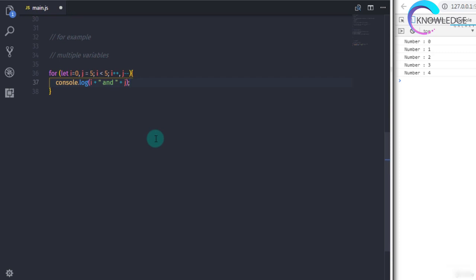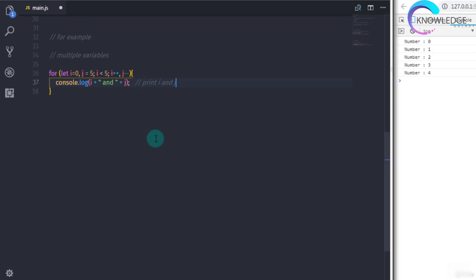Now in this example we declare two variables i and j and specify the values 0 and 5. After that we check if i is less than 5 or not. If this expression returns true, then we execute the console.log method and print the i variable value and j variable value on the console.